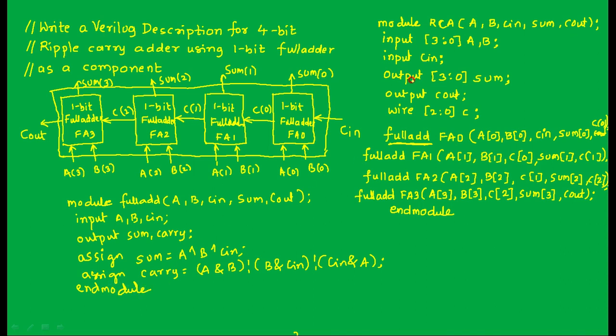If you observe the code that we have developed for the 4-bit ripple carry adder, we have used the full adder 4 times within the top level code with the instance names FA0, FA1, FA2 and FA3, but the description of full add we are writing only once. So such 4 components are created at the time of simulation or synthesis. 4 different full adders with the names FA0, FA1, FA2, FA3 are created, and the lower level we have implemented with the help of a data flow style of description.